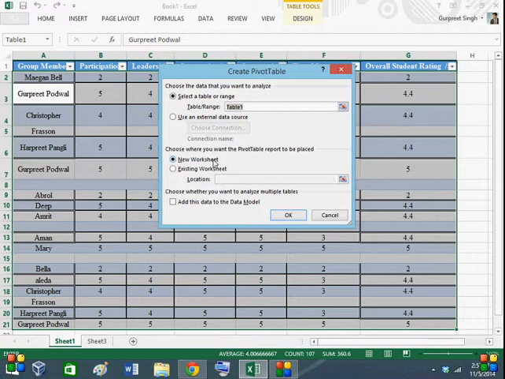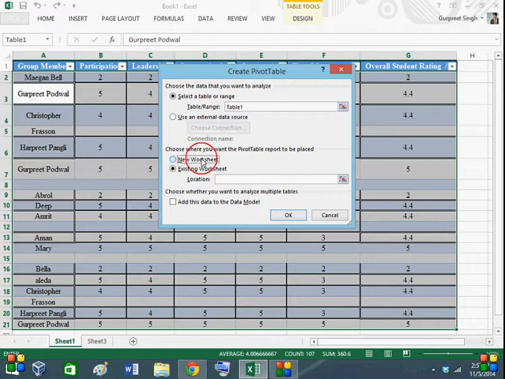Then there's the worksheet option. There are two options with the worksheet. New worksheet will lead me to a fresh worksheet where we can make our pivot table, but the existing worksheet will make a pivot table on the current worksheet which we are on, the one you can see right behind this dialog box.